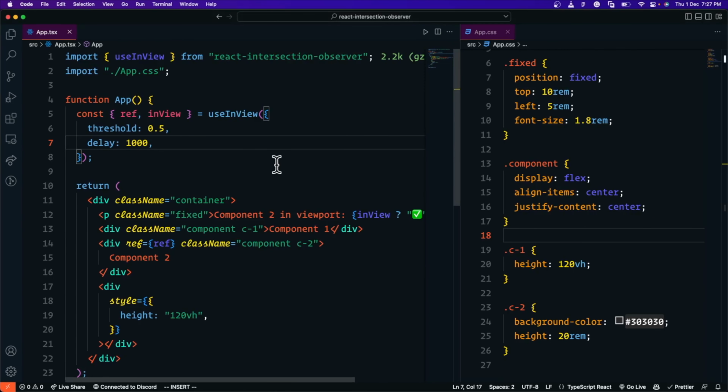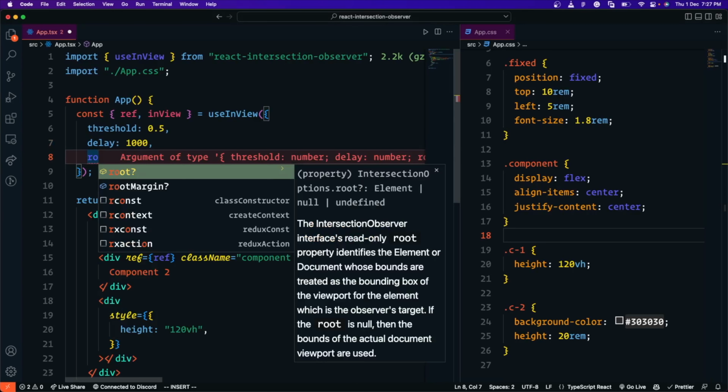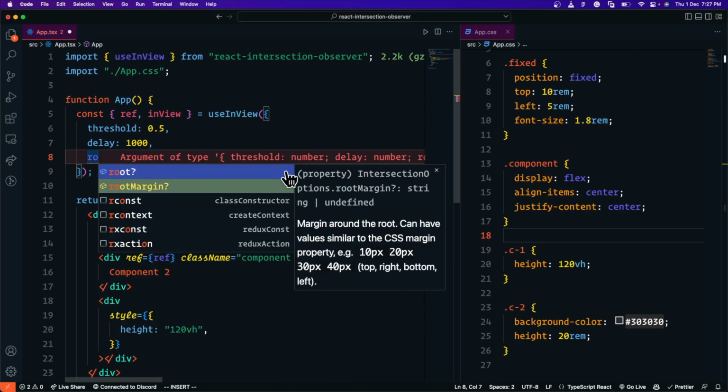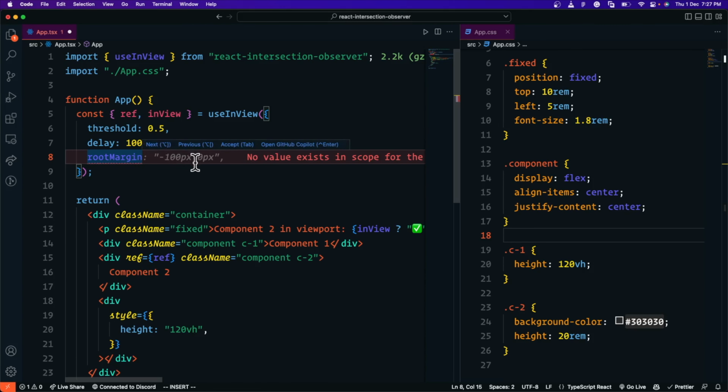And there are also a bunch of things like rootMargin and root. In rootMargin you need to give a margin, just like a CSS value, to set at what point you want inView to be called. Before giving the rootMargin, first you need to give the root, so that rootMargin will work. So that's it for the React Intersection Observer. It's very simple, and